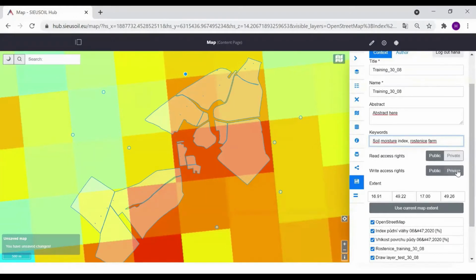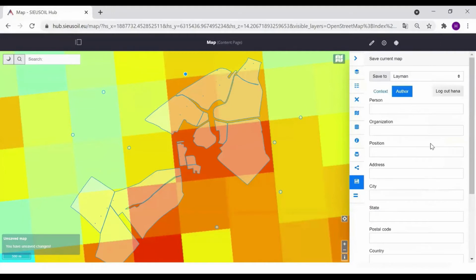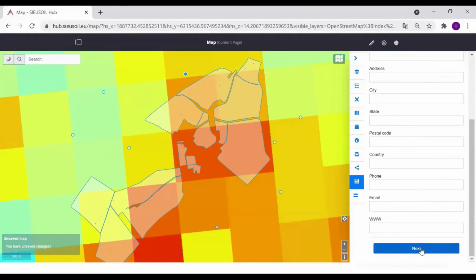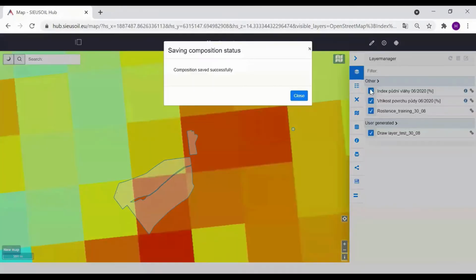So I will leave the read access rights public, write access rights private. And you can also select what layers will be stored into the map composition. So I will only untick this OpenStreetMap, and we can press next. Here are some metadata about the creator, but I can skip this step, and finally save the map composition. And as we can see, the composition was saved successfully.